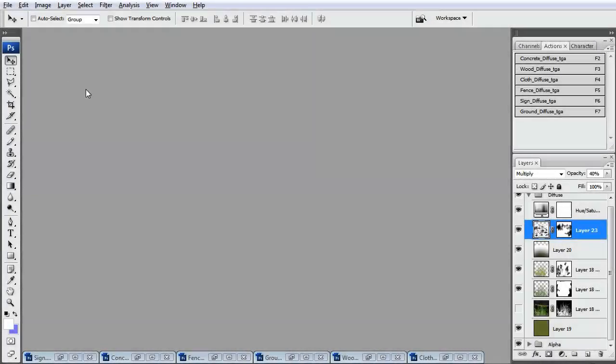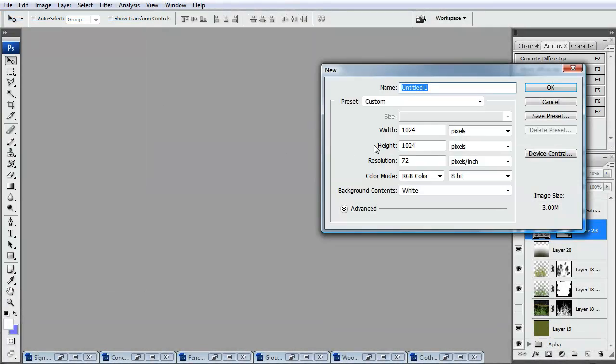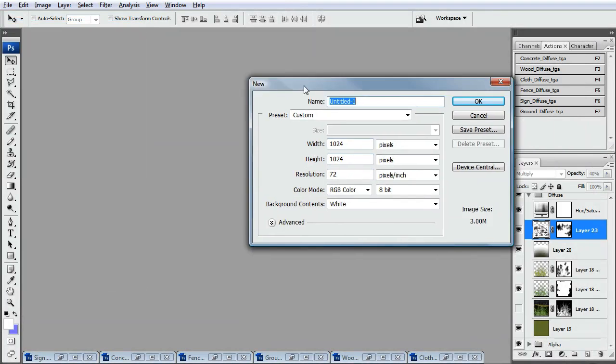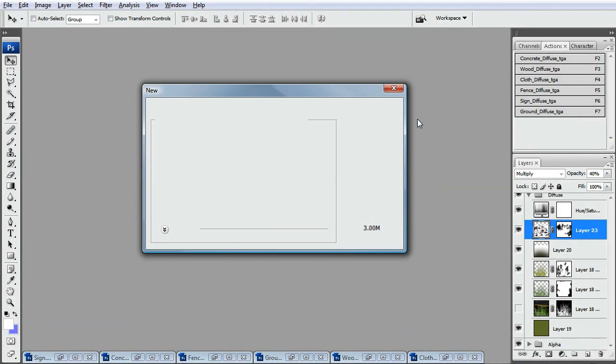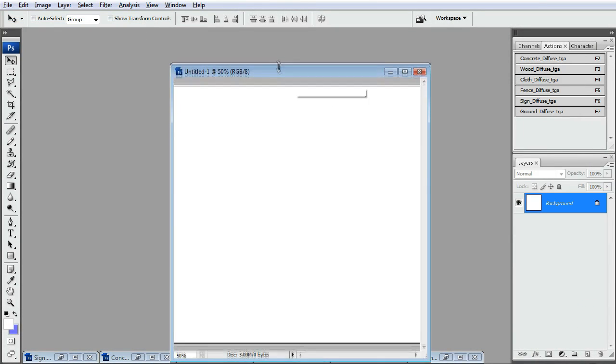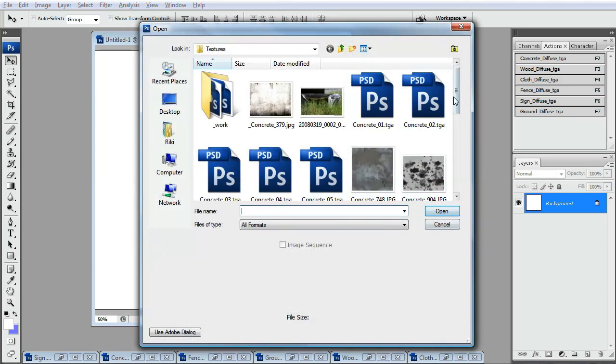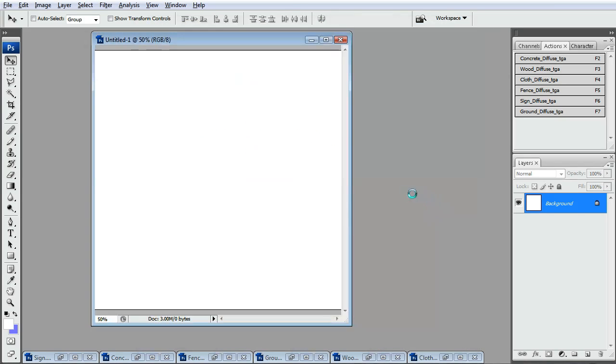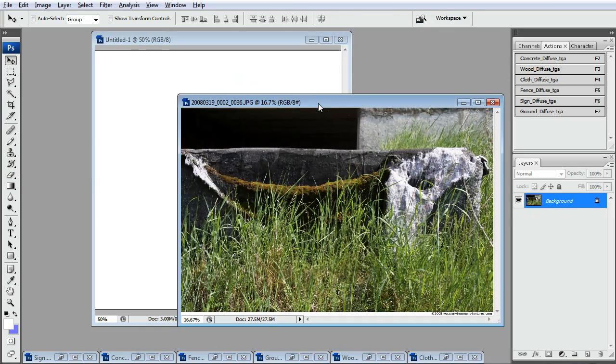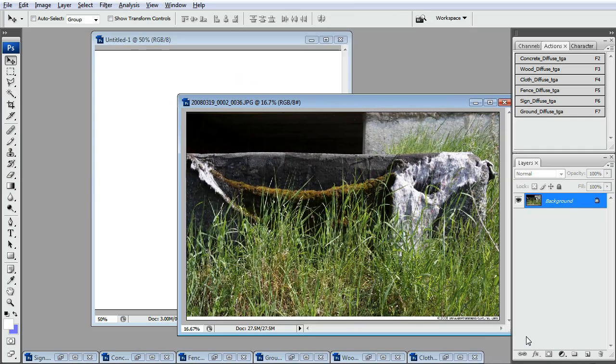Now for the grass, we will just make a new document and we'll pick 1024 by 1024 because we're just going to make a single patch of grass. And if you don't happen to have a perfect texture of a side piece of grass, which I really couldn't find, we can just make our own. So I got this texture here, got it from environmenttextures.com, and basically we just want to grab a section of it,